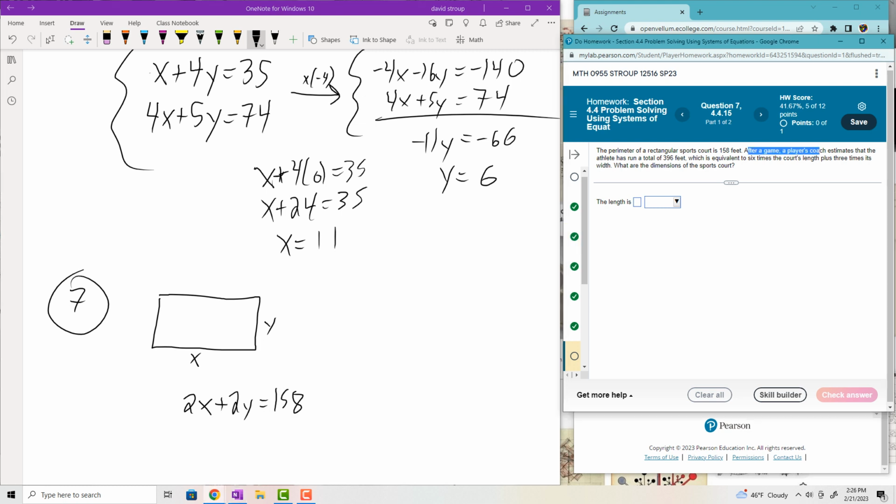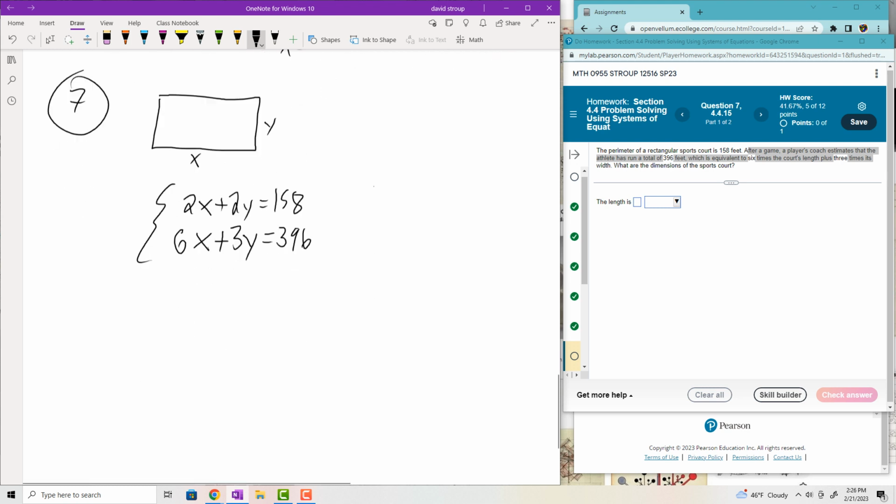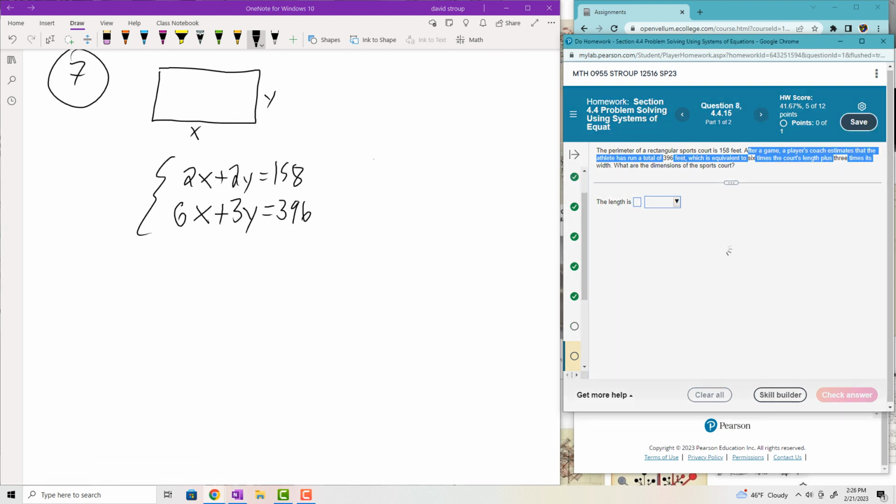Then it says, after the game, a player's coach estimates that the athlete has run a total of 396 feet, which is equivalent to 6 times the court's length plus 3 times its width. Okay, so that's another equation. 6 times the court's length is 6x plus 3 times the width, which is y, and that totaled 396 feet. Okay. So you have your system there. You can just go through and solve that one pretty easily. Let's move on to the next